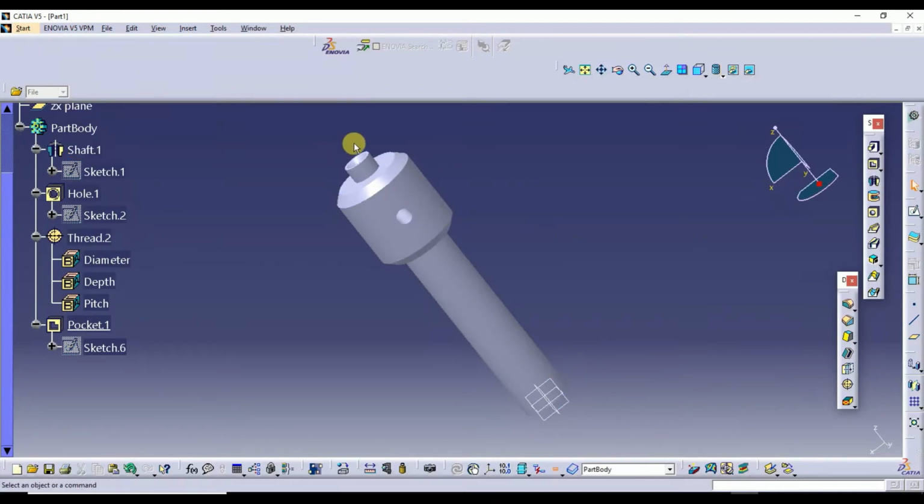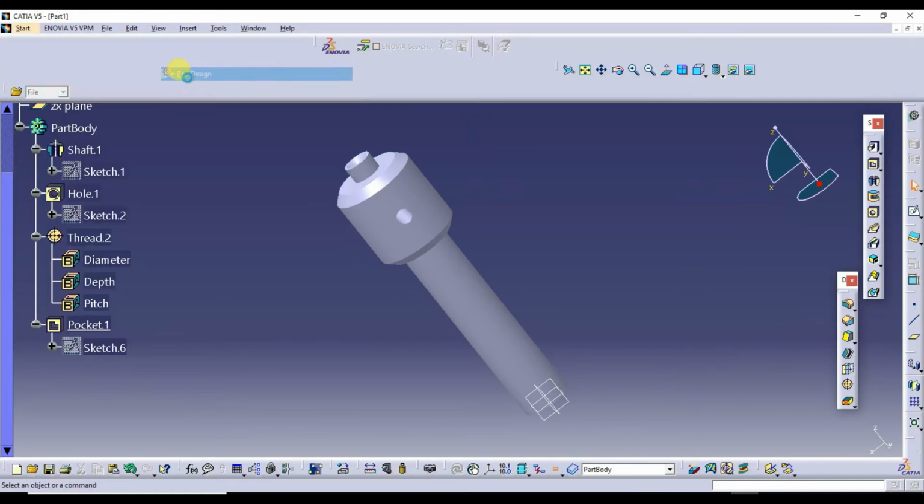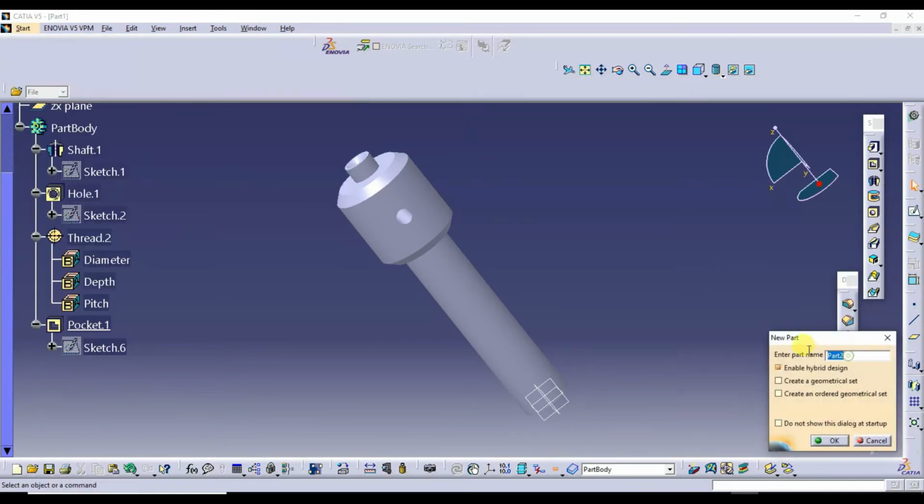See, already I have constructed this screw rod. This portion is a collar and this is a screw rod. So once again I'll create this. I'll go to the mechanical design, part design. This is a screw rod.